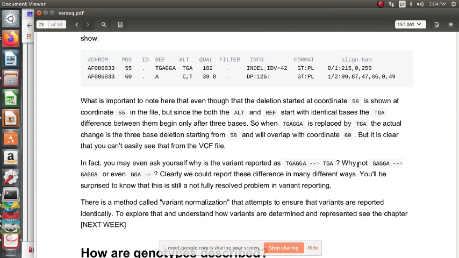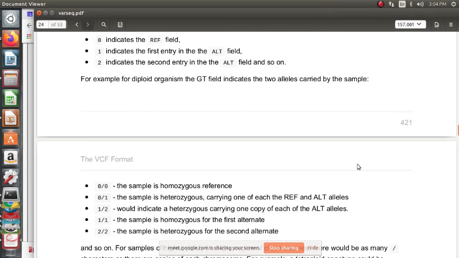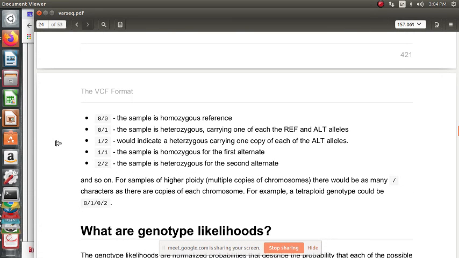One, two, three, four, five, six, right? So for 1/2, we will have many kinds of combinations. We will have 0/0, and for 1/2 we will have many combinations.